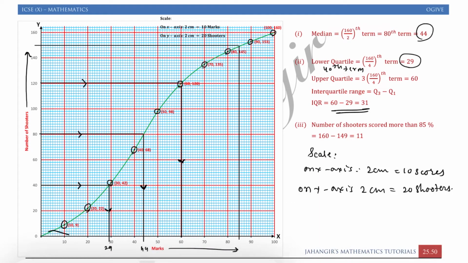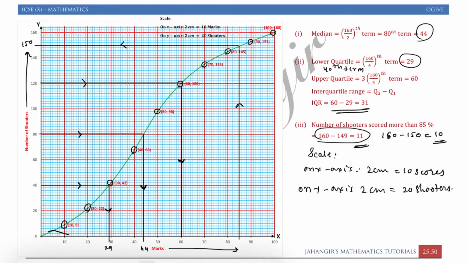So let us take the readings. How many readings are there? This is 140, 42, 44, 46, 48, 150. So it can be 150 or 149, depends. Okay, 150 or 149. I got 150, so I will write 160 minus 150, which is 10. So one block of approximation is allowed. One block of approximation is 2 units, so I can take that much as an approximate value. So answer may differ from student to student. Some may get 11, some may get 10. Both are correct. It depends on the graph.